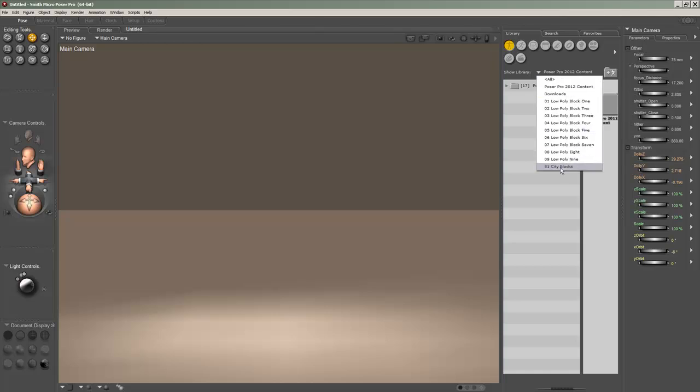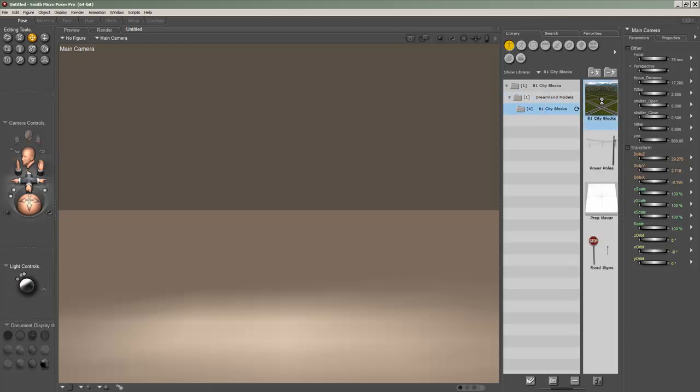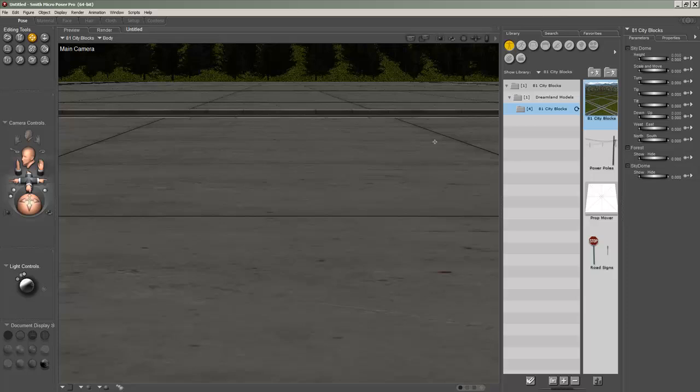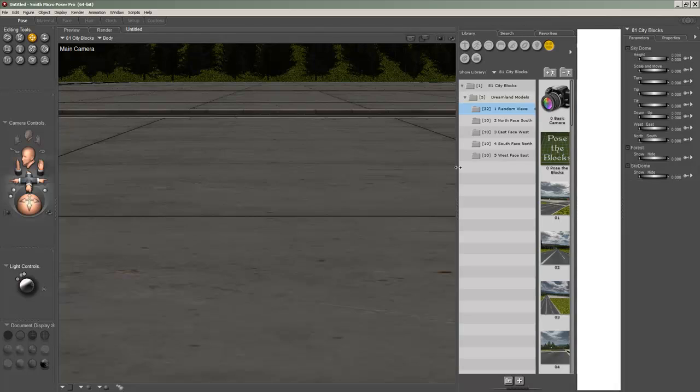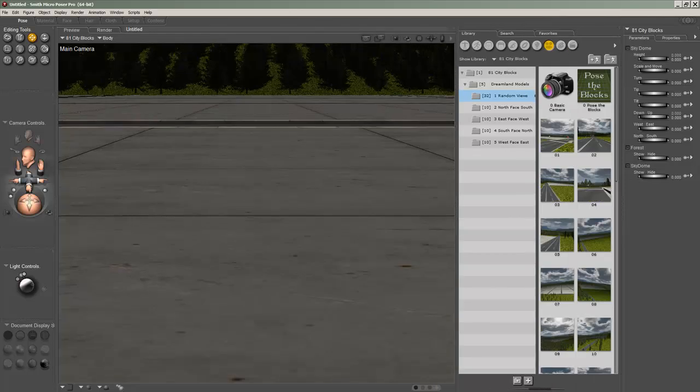We'll load 81 city blocks, runtime, and go ahead and throw one into the viewport. A little easier to see it if we put it in a camera view. There's quite a few different cameras for this set. We have random views here. We'll expand that a little bit. That shows you